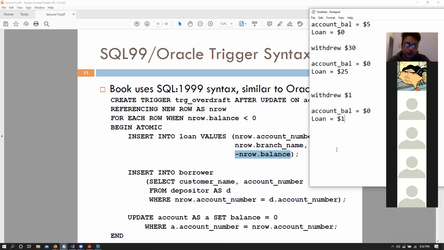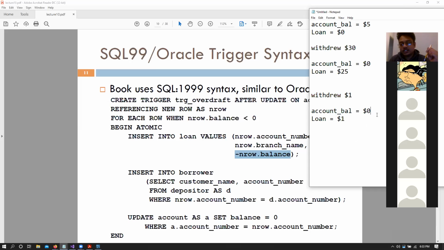Because if I am withdrawing $1, then my account balance becomes -1, right? I am inserting that into my loan. So I get minus row dot balance, that is -$1. So my loan becomes $1, and I set my balance to zero, right? After that, I set my balance to zero. So that is one bug in this code.